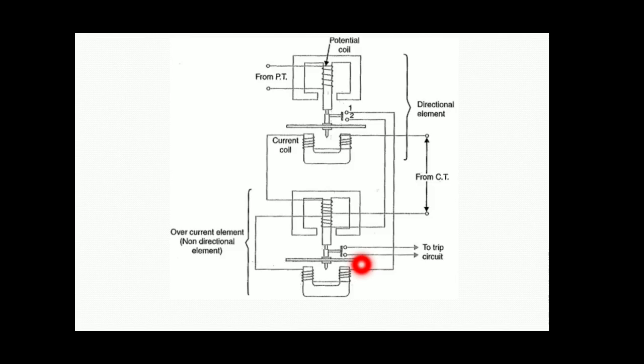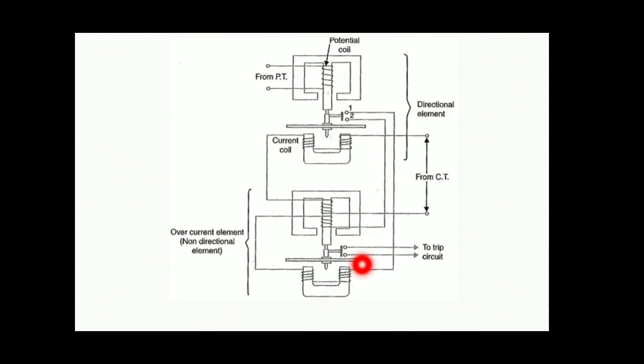This type of relay is suitable for generators and motors. In a generating station or in distribution systems, we have many generators and motors. In that case, if any reversal of the input is obtained, the generator or motor windings will be damaged. In that case, we use the directional type of overcurrent relay.